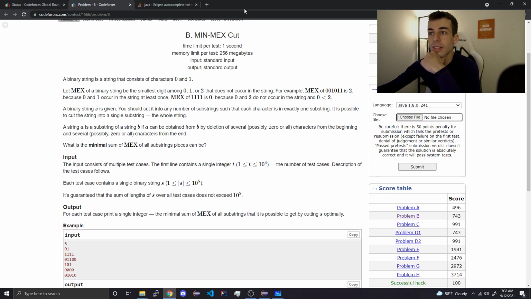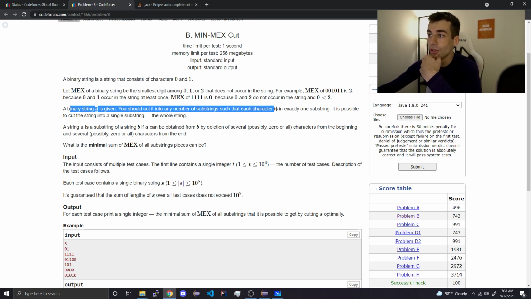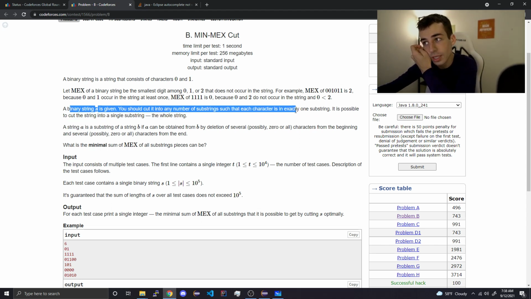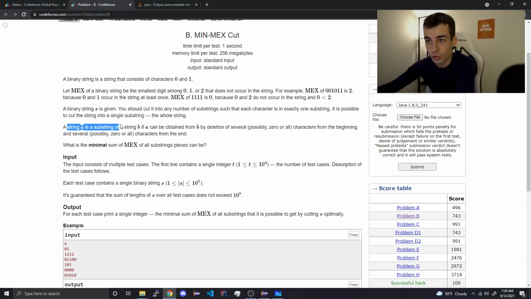A binary string is a string that consists of characters 0 and 1. Let mex of a binary string be the smallest digit that does not occur in the string. We got it, nice. A binary string s is given. You should cut it into any number of substrings such that each character is in exactly one substring. Yeah, we know what a substring is. What's the minimal sum of mexes